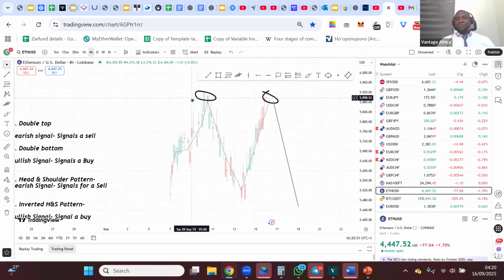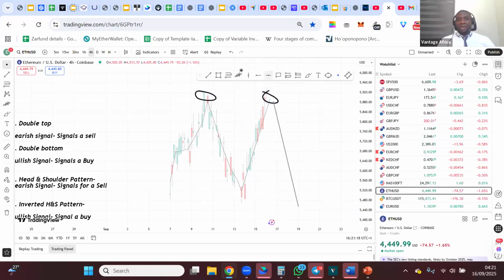So a top was formed initially. Price hits that top for the second time, and what happens is that it collapses and sells from there. That is a double top pattern. Now, like I said, you do not just see a top and then when price hits that top area again,